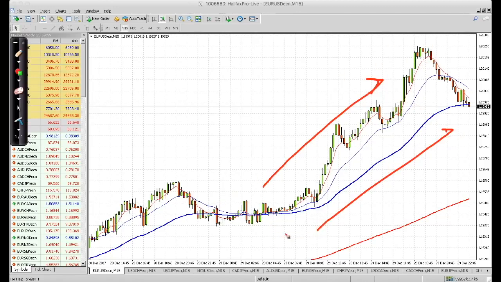And again, how do you know it's a clear uptrend? Well, the clue is in the moving averages. And I'll talk about moving averages again in a short while. But just to give you a heads up, on a very clear uptrend, you'd find that the moving averages are sloping upwards. Okay? And they tend to be in a certain sequence, with the smallest moving average on top and the biggest moving average below. So this blue line that you see over here, this thin blue line, is the 18 exponential moving